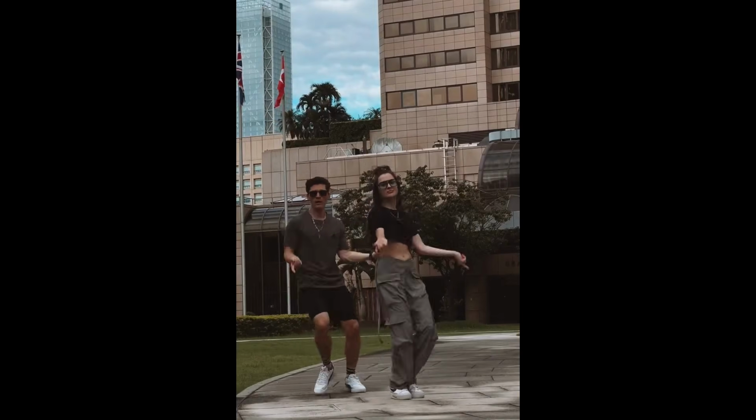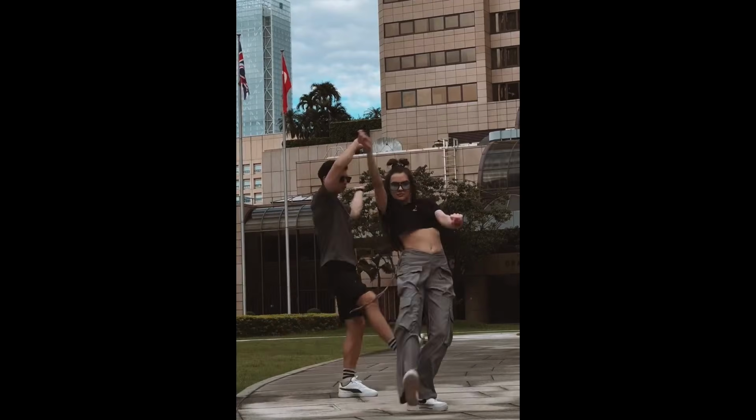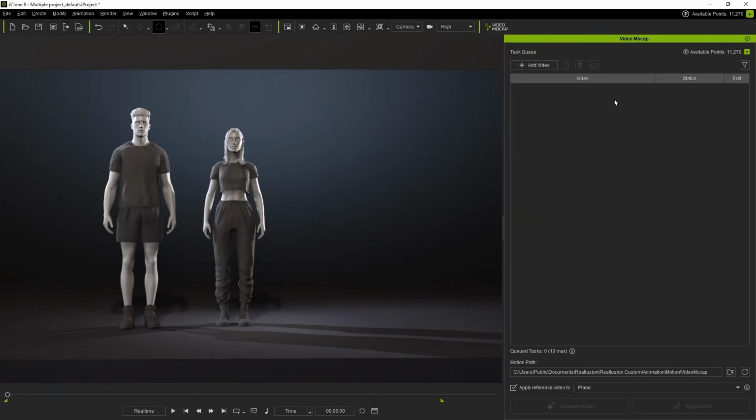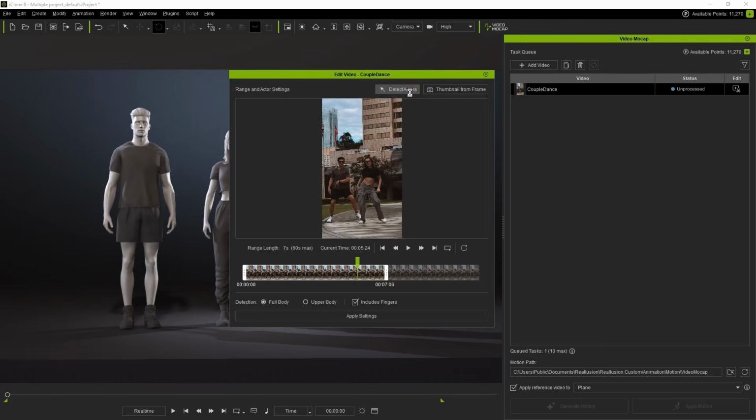And in cases where you have multiple characters and you'd like to generate motions of all of these multiple characters, this is also pretty simple, as the process is very similar. Once you have the file loaded in, within the preview/edit window that simply pops up once you load up the file, you can go ahead and click on the detect button, which detects the actors in your shot. Now, if there's a specific actor that you'd like to work with, you can click on the actor you would like to make a motion out of, trim the footage however you want,